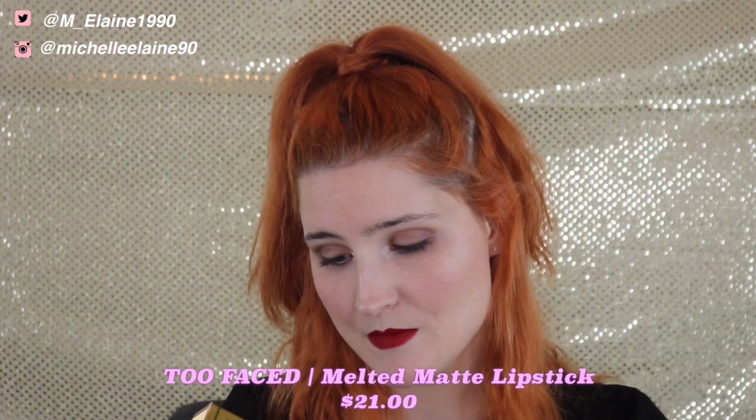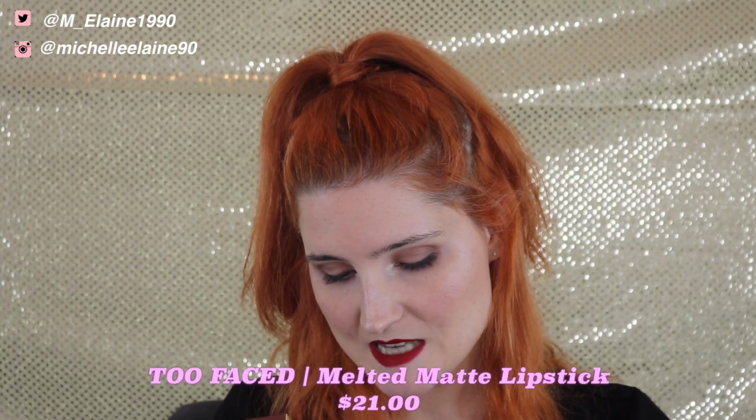Okay, so the next thing I am grabbing out of here is this Too Faced Melted Metallic Liquid Metallic Matte Lipstick. And mine is in the color Faking It. And it looks like this. First of all, I just want to say, ever since the Melteds came out, I love the packaging. I just think it's so cute. Anyways, not the point, Michelle. So, anyways, it says,